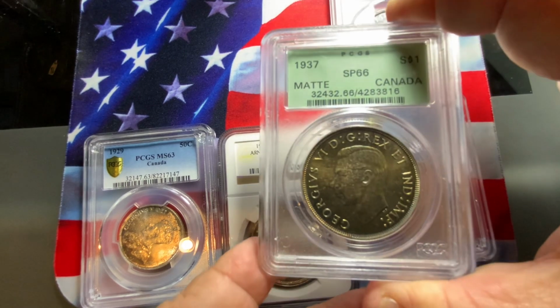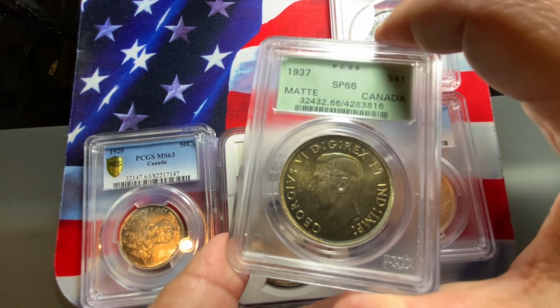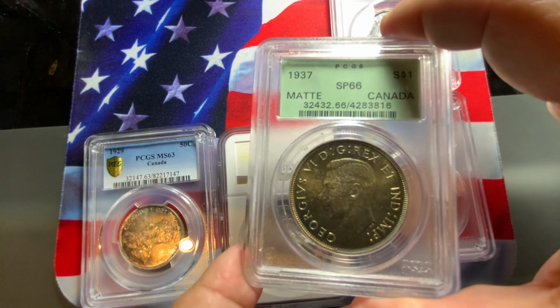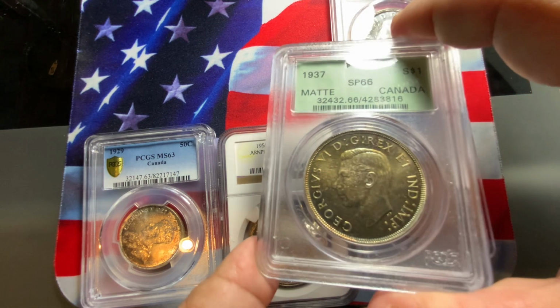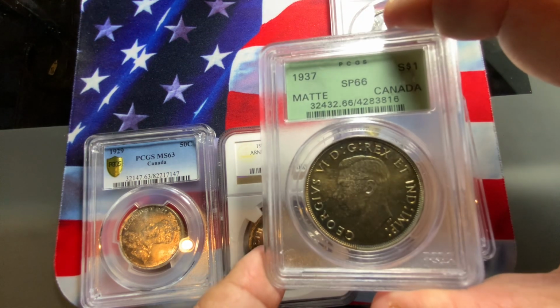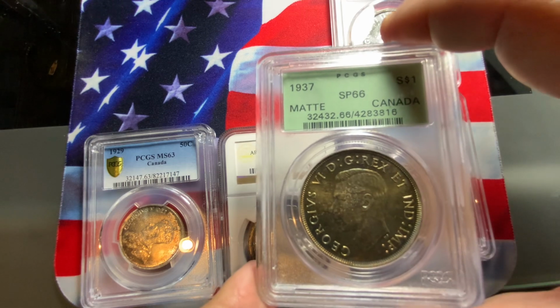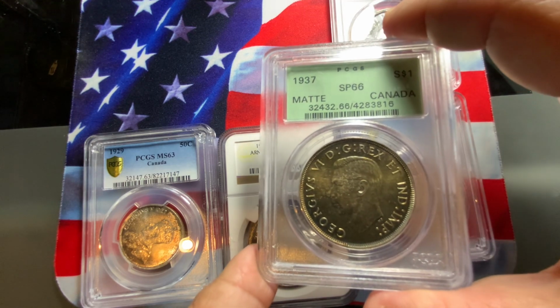Last we have is a 1937. It's graded PCGS specimen 63. This one here is all original. This is in a green label, which means that it was one of the earlier graded coins by PCGS. And normally with the green label,